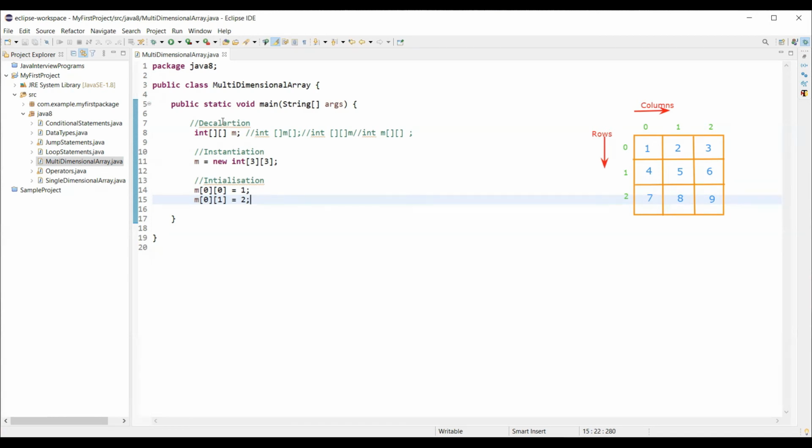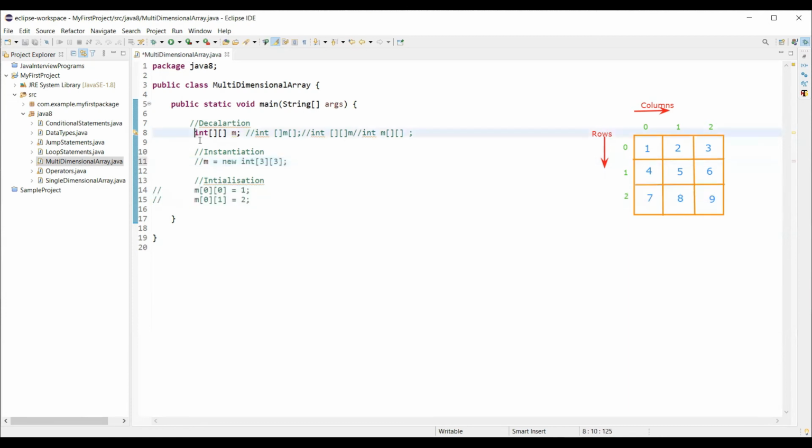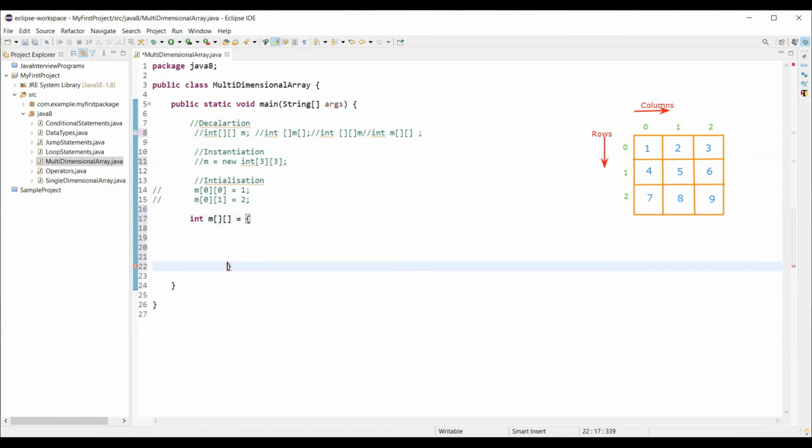Let's do the declaration, instantiation, and initialization in a single step. Like int m equal to, so 1. M is a two-dimensional array which has 3 array objects in it.